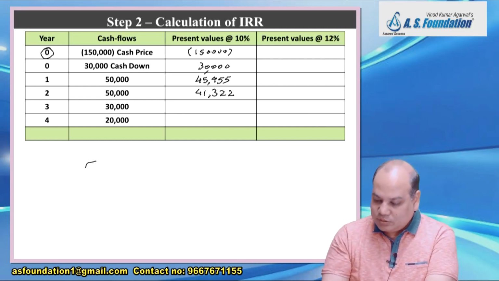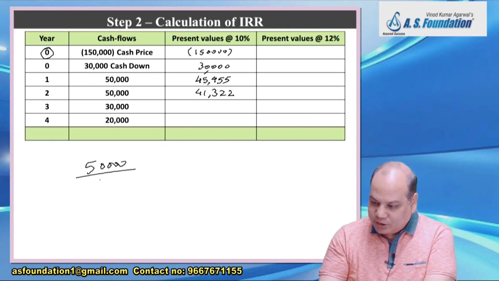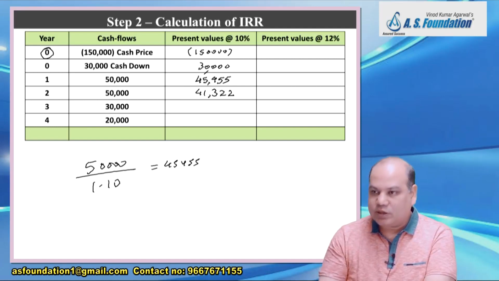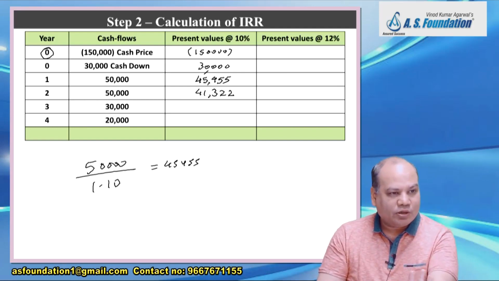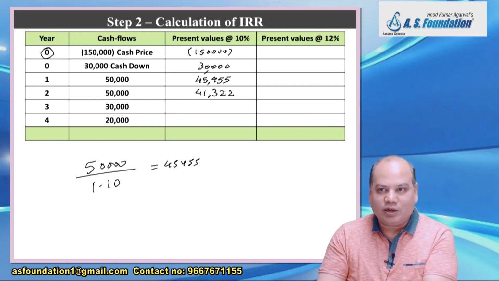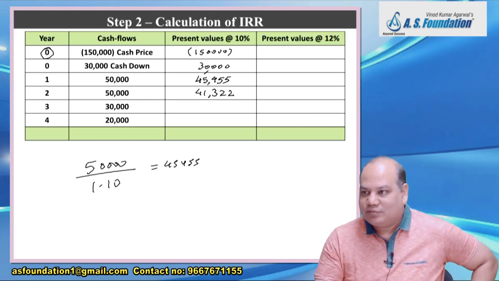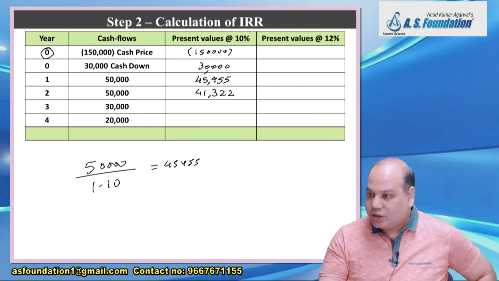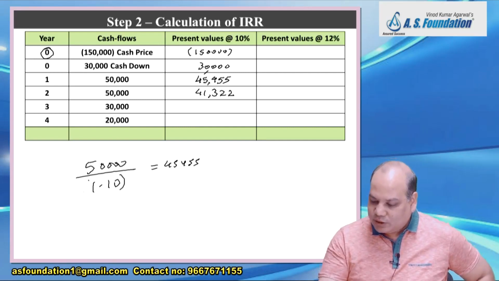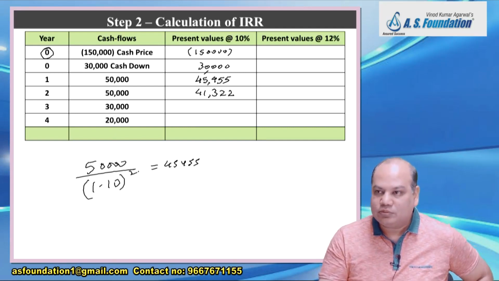I will repeat. 50,000 divided by 1.10 will give you 45,455. That is the present value formula. You have learned the present value formula. I am assuming you have come to CA intermediate by learning it somewhere before. Yes or no? Future value upon 1 plus r to the power n. Again divide by 1.10, because this is the second year, so I have to divide by 1.10 squared. So again press equal to, you will get 41,322. Are you getting it?